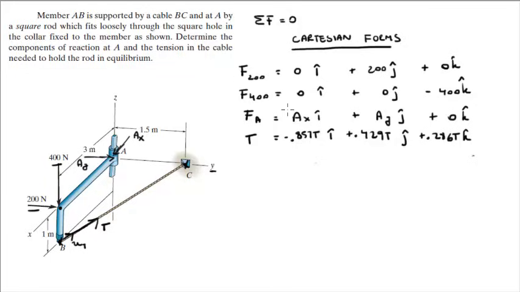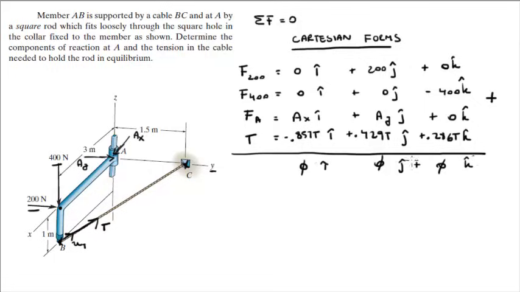So we have our nice neat little table. I love to build this Cartesian vector forms table. And you know that when you add them all up, they all come out to be 0, 0, and 0. So as you can see, you can build 3 equations right off the bat. So let's add the i's together. 0 plus 0 plus Ax plus negative 0.857T is equal to 0. So the i tells us that Ax minus 0.857T